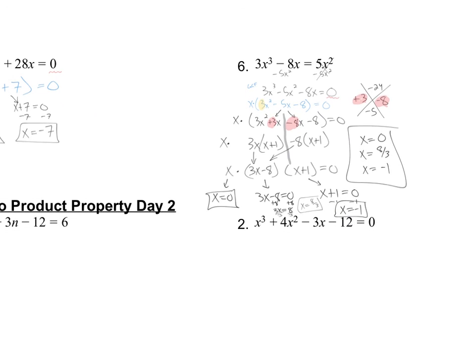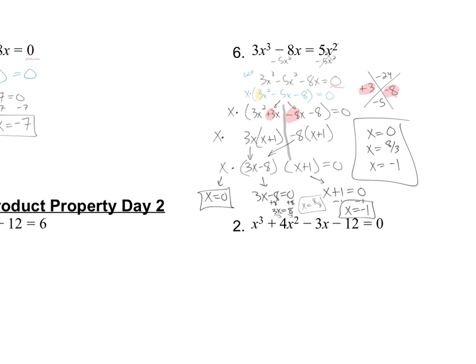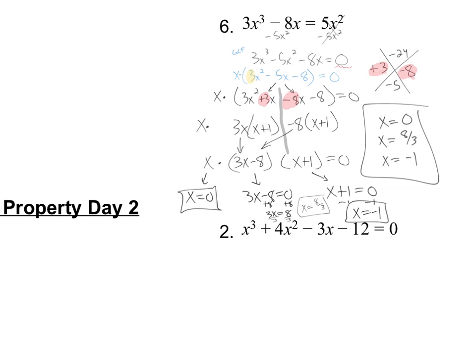Remember, the first step is always to get your equation set equal to 0. Once it's equal to 0, you want to factor what's on the left side of the equal sign using one of our 5 methods that were listed in the beginning. So determining